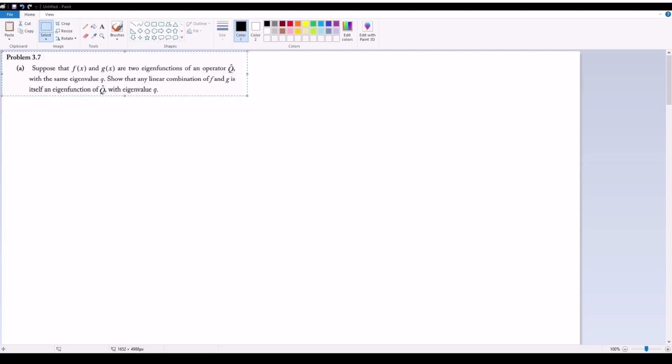Okay, so 3.7a is really just asking you to prove what we claimed at the very end of 3.3.1, which is sort of the whole thing leading up to the Gram-Schmidt orthogonalization procedure. So suppose that you have two eigenfunctions of the same operator q hat with the same eigenvalue little q. So in that case, I have q hat times f of x is giving me the eigenvalue little q multiplied